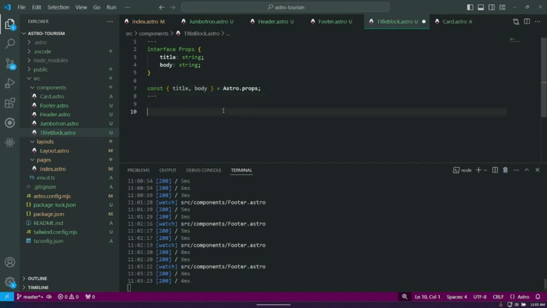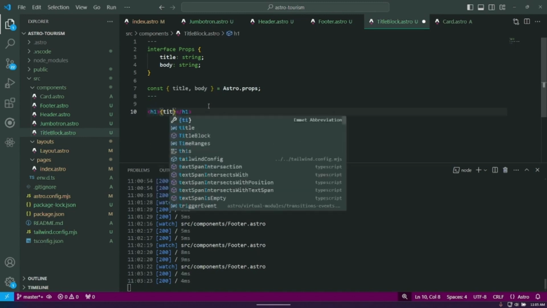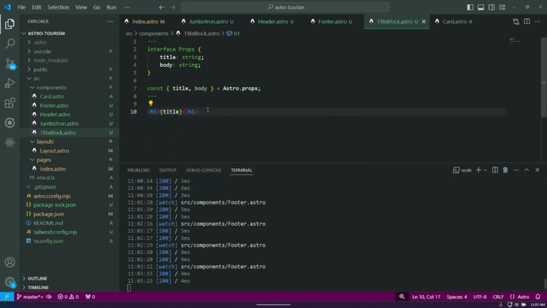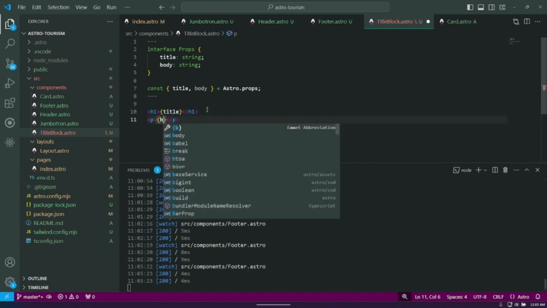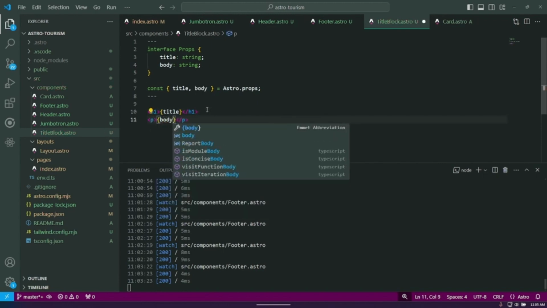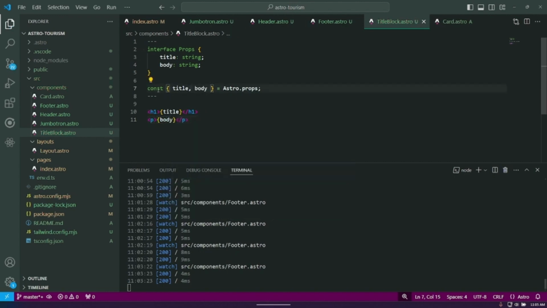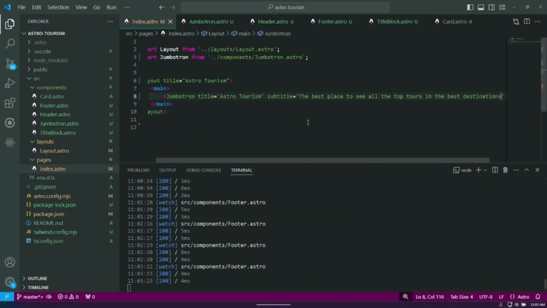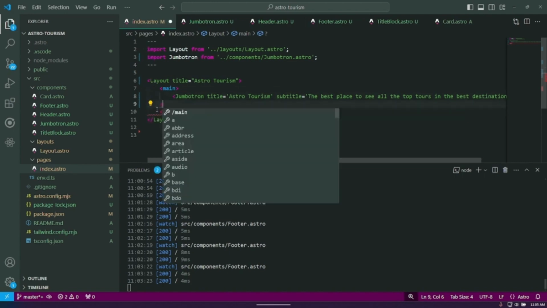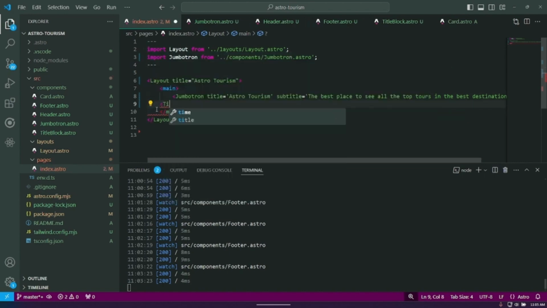So what we will need, and it just basically says title and a paragraph. It says body. Right. So if we go into index to Astro, after the Jumbotron, we add the title block,